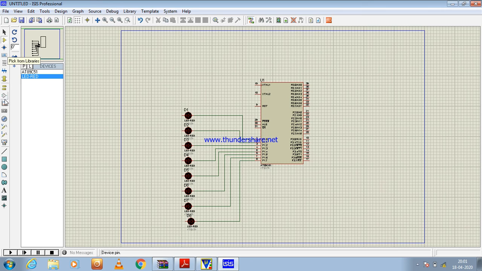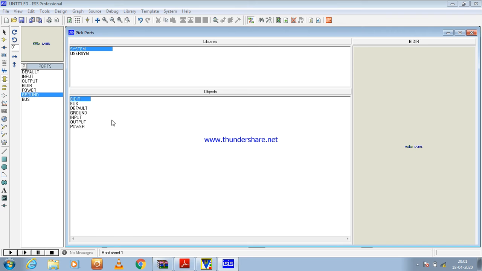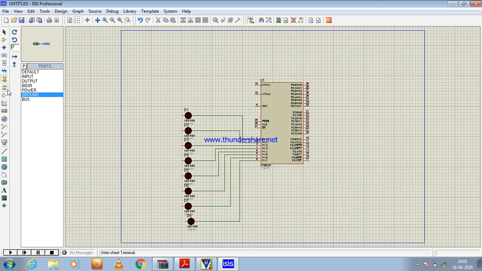Now we will take a ground. Here we will keep a ground. This ground we are going to connect like this.